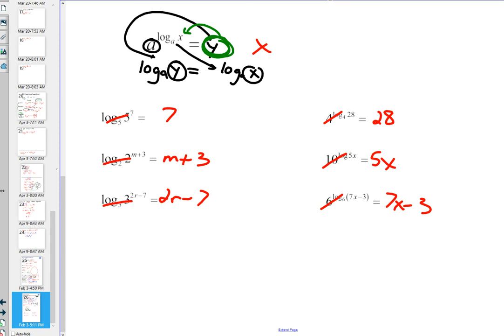Where do you get the variable from? Number 6. You just put in your random variable number 6. Yeah, we did that a couple days ago where we